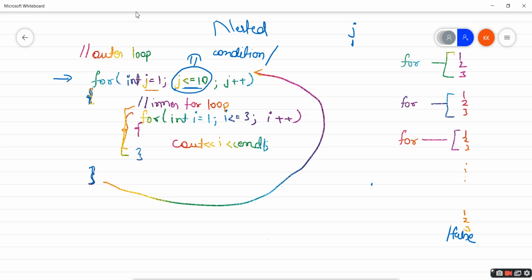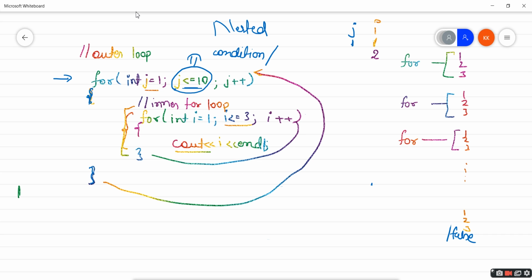So here we have for i is equals to 1. Okay. i is less than or equals to 3. Yes, it is. So it is going to print what? cout i. So what is the value of i? i value is 1. So it is going to print 1. Now again i plus plus. It is still inside this for loop. So i plus plus basically means i value will be incremented by 1.